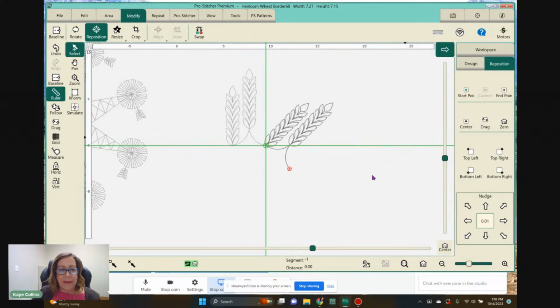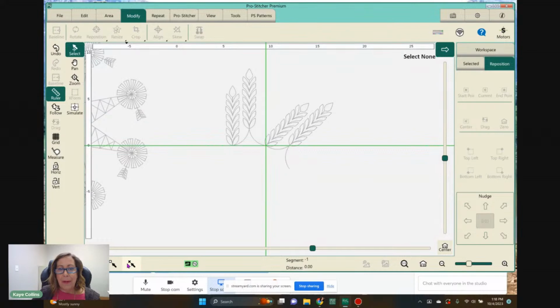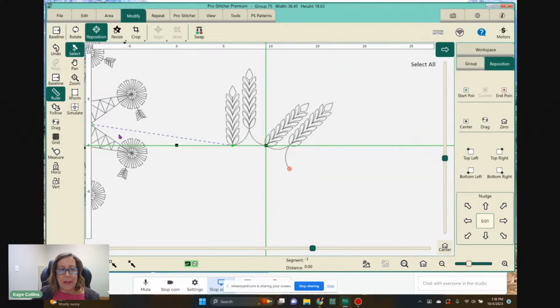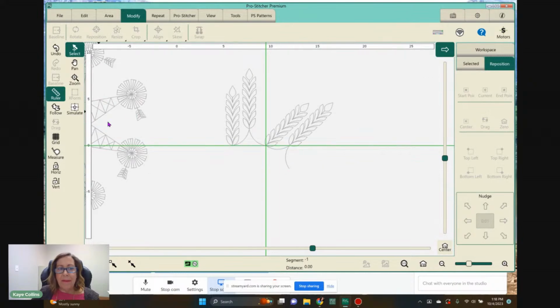Now, this is where things change. Okay, so because I already have my windmills open, I can't do select none and then select all, because you can see that now it's also selecting the windmills. And now I have this crazy jump because it would stitch this and then it would come over here and try to stitch this. So here's my hint. If you're really going to do this, I would probably go ahead and save the windmills as a, call it something, windmill circle. You need to always change the name, and then close it,